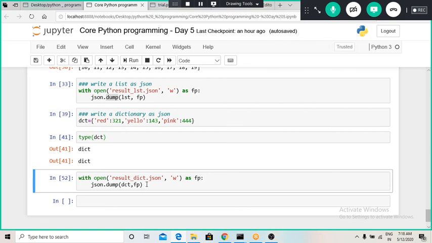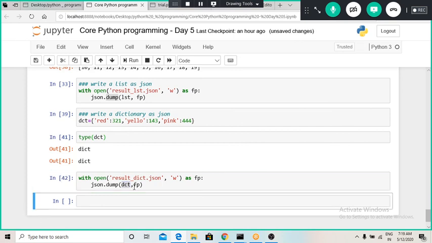While dumping I have to provide this fp at the second position in the dump command, and what I want to write is the first variable. So I wanted to write the dictionary declared by the name dct, so that's why I have used this command. This is how we can write a dictionary.